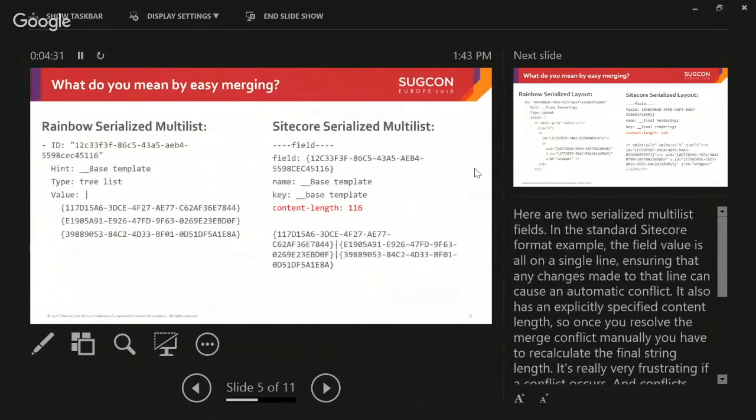So for example, let's take a look at an example of Rainbow versus the standard format. This is a multi-list. Multi-lists are probably my single least favorite thing to do merge conflicts on. That's because if you look, you've got content length stored on there, and then you've got all of your GUIDs stored on a single line. And when you've got that, if somebody adds a GUID, because it's all in one line, you're guaranteed a merge conflict no matter what. But if you're using Rainbow, it puts each GUID on a separate line,